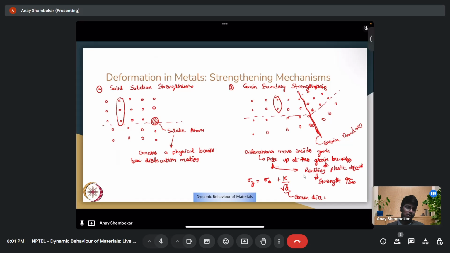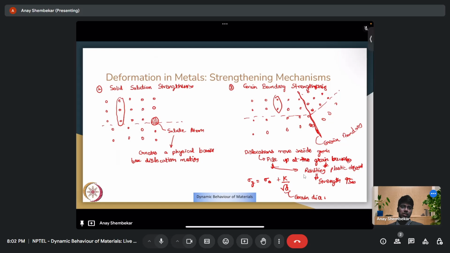So this is a phenomenological formula, an empirical relation that we have arrived at. Grains may not be perfectly spherically symmetric, so the grain diameter is an approximate measure. What you have is because the dislocations pile up